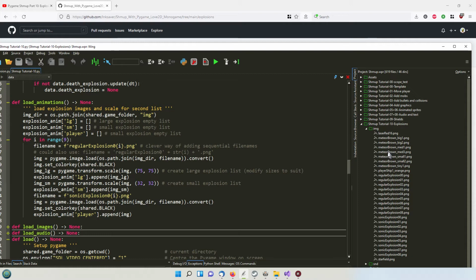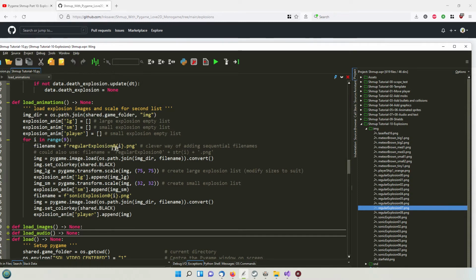For example, if you've got regular explosions 00, 01, 02 and so on, so we can kind of play with this a little bit to load them in by using this interpolated string here using the lowercase f. So the file name is going to change depending on the value of i. So in this for loop it'll start off at 0, and then the file name will be